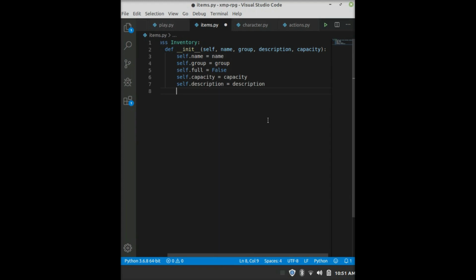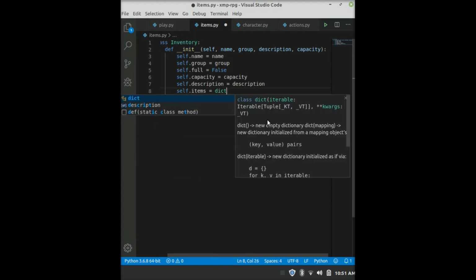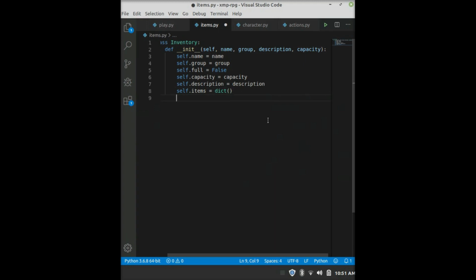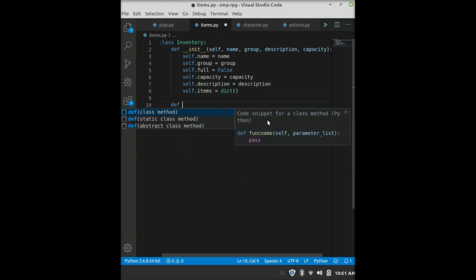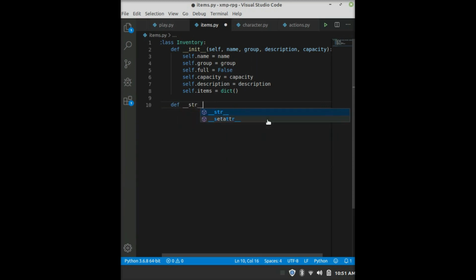And finally, self.items equals a dictionary, and that's what we'll be using to put items in the backpack. Probably pretty obvious, right? Okay, so we'll make a string representation, and we'll say